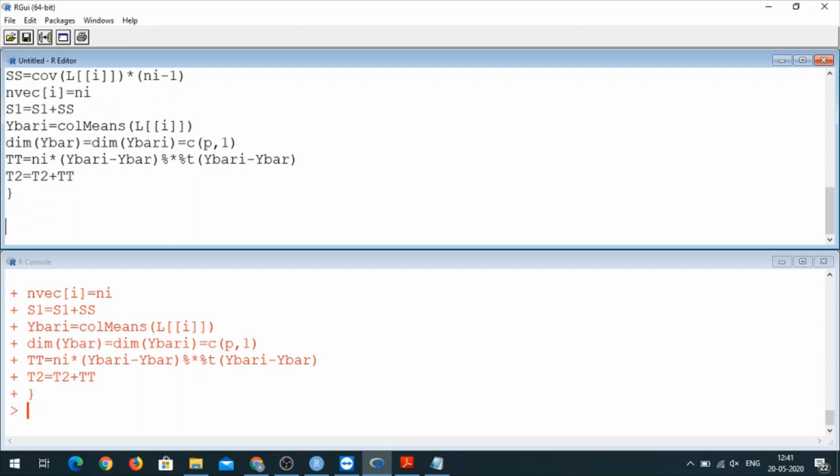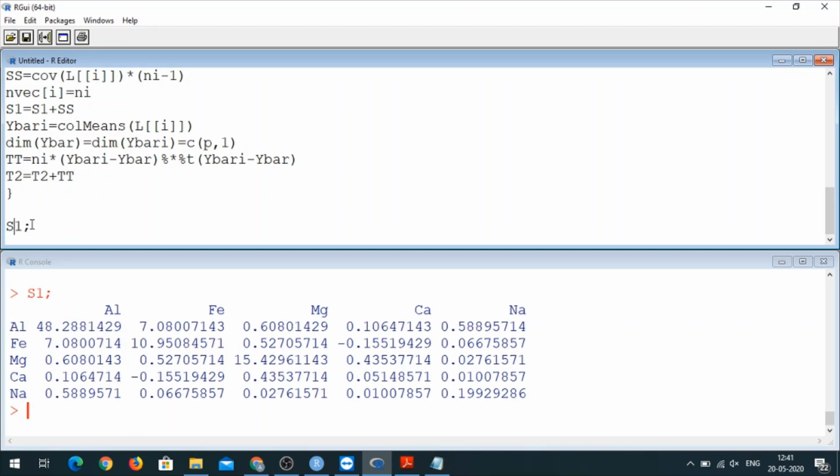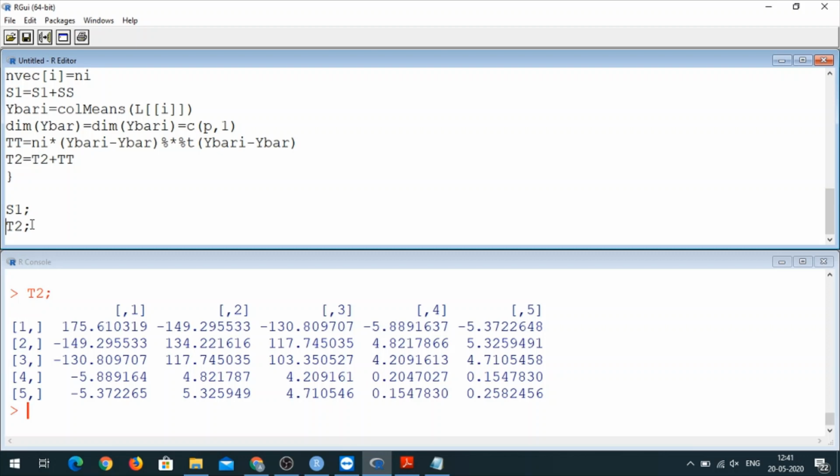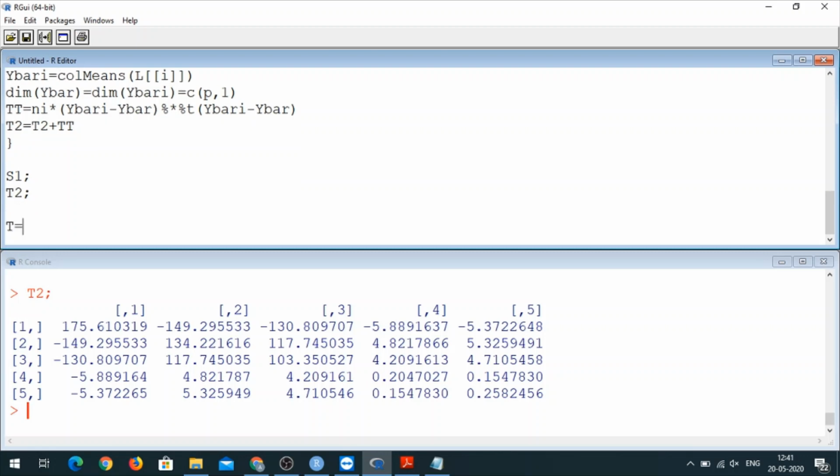So I must have some S1, this is the value of S1, and I also have some T2, that is the second term in T, and my final T is going to be S1 plus T2.